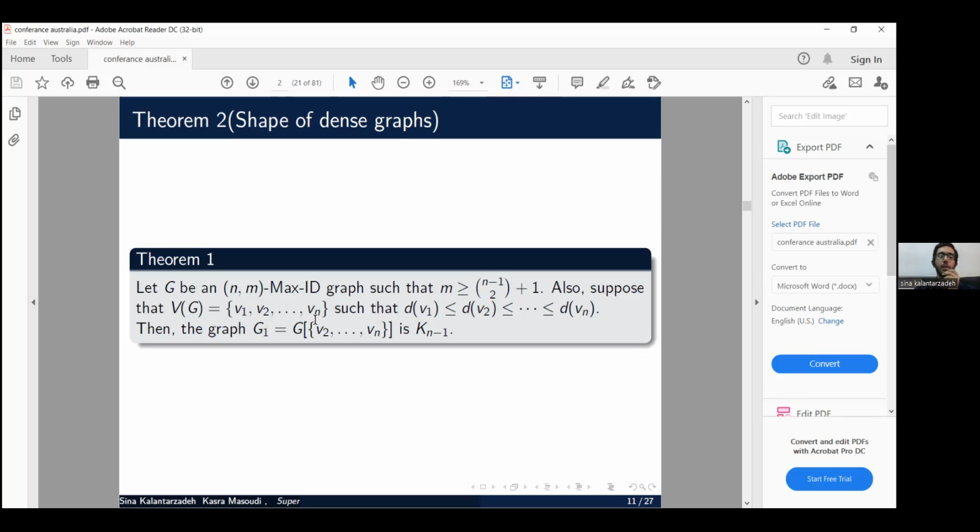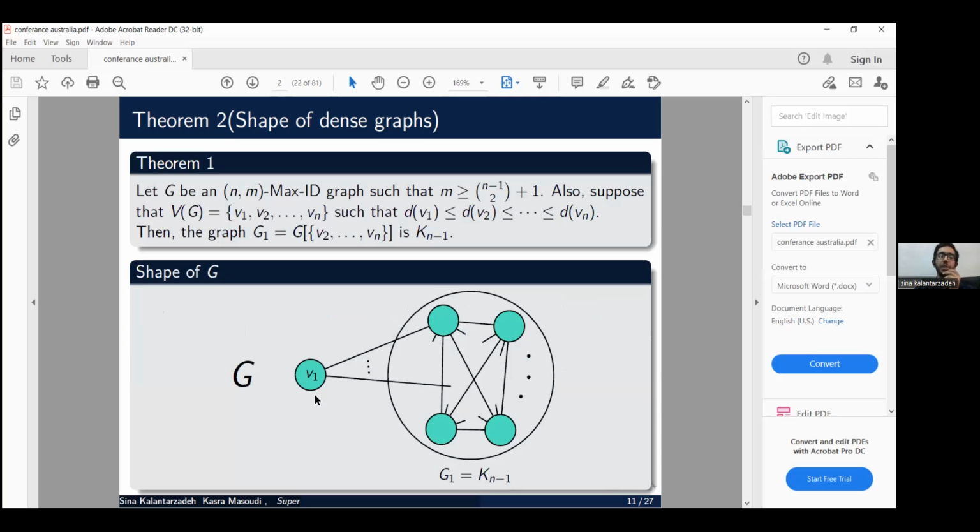Also, suppose that V1 to Vn are vertices of G, and we have sorted them with respect to their degrees. This theorem states that all vertices except V1 form a K(n-1). You can see that the shape of G is as follows. To prove it,